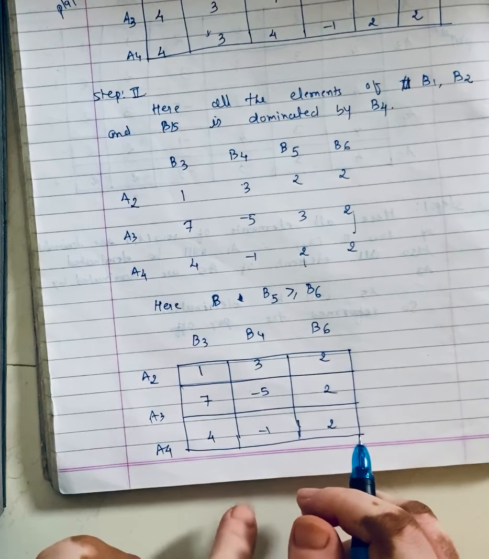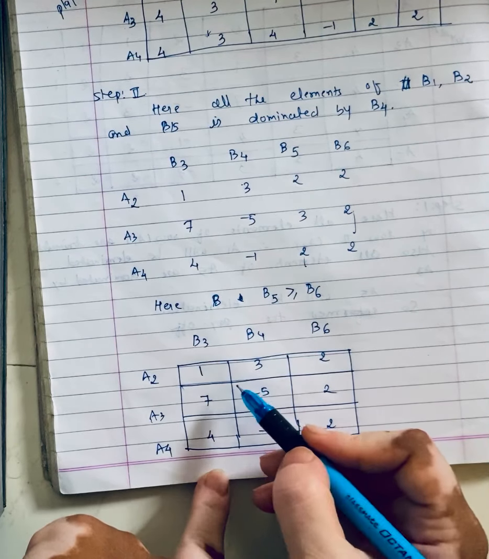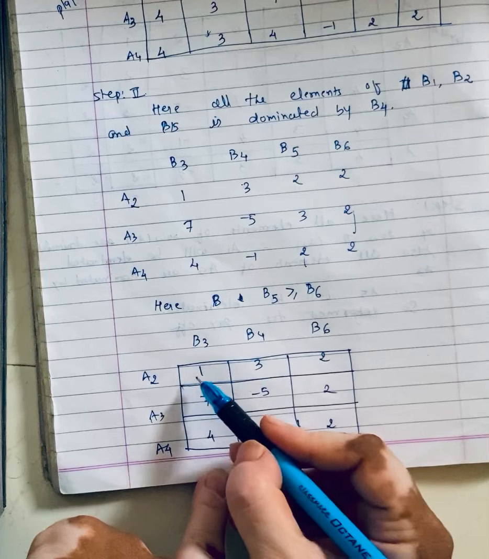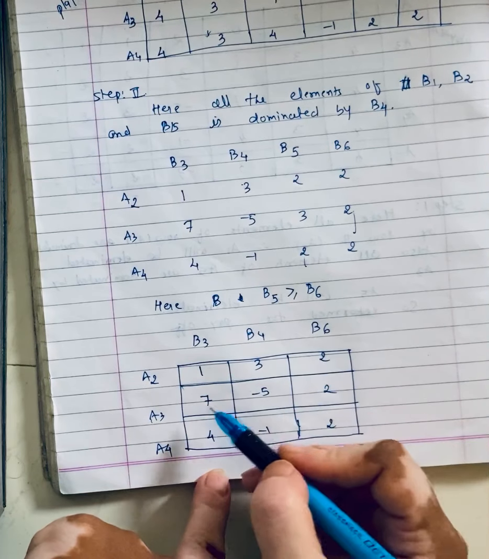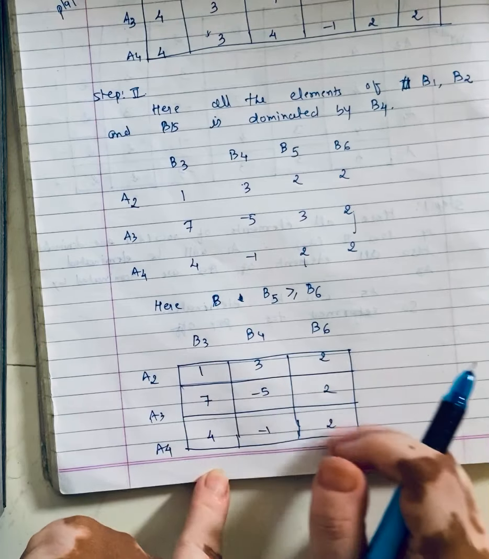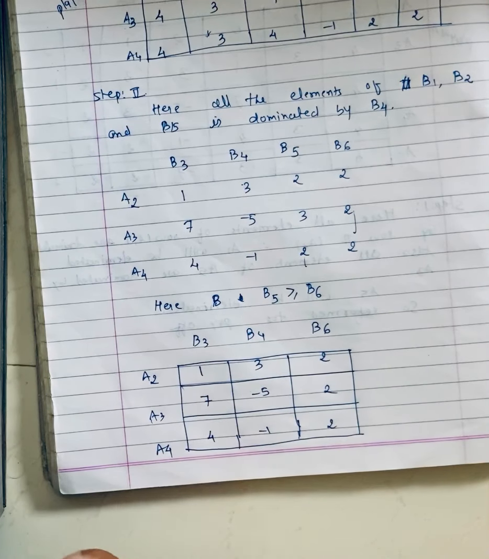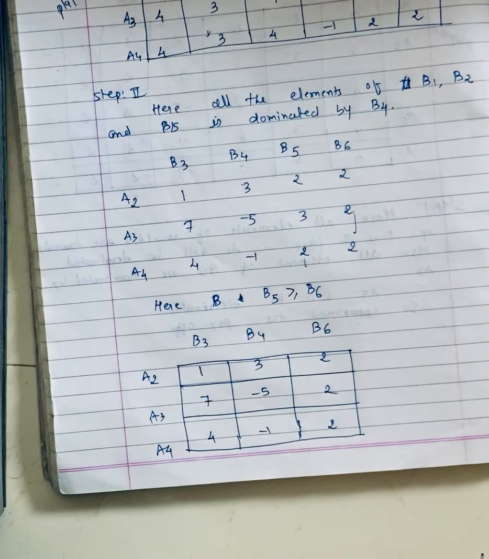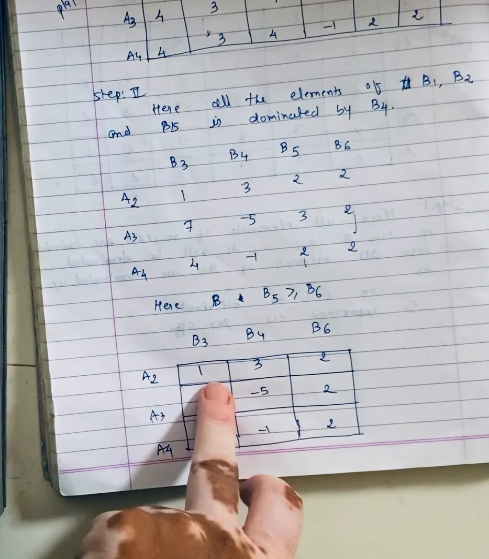फर्स्ट और सेकेंड एलिमेंट में ही vice versa हो रहा है. Now check B3 and B6. So 1 is less than 2, but 7 is greater than 2. So B3 और B6 में भी कुछ comparison नहीं है. तो कॉलम में भी हमें average rule apply करना पड़ेगा. For that we have to find the average of any 2 row और 2 column. Okay, first of all we have to take average of column. Okay, चेक करते हैं. फर्स्ट 2 कॉलम का average निकालते हैं.